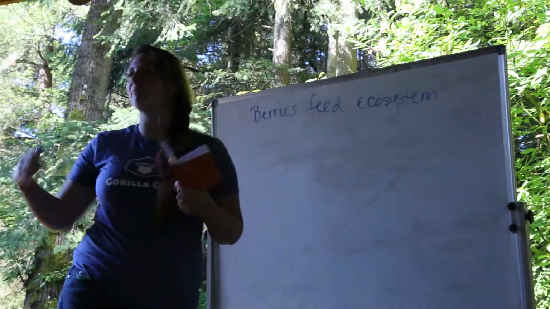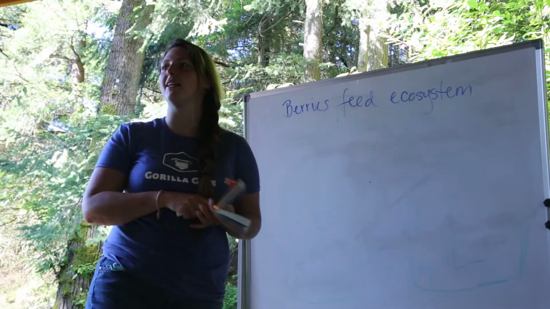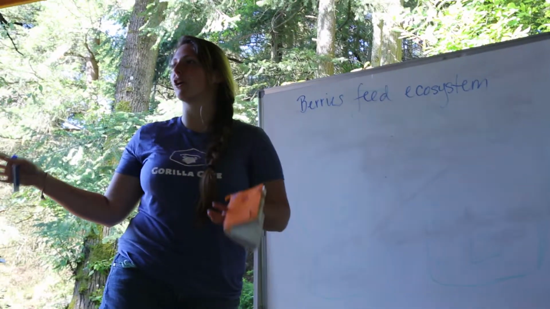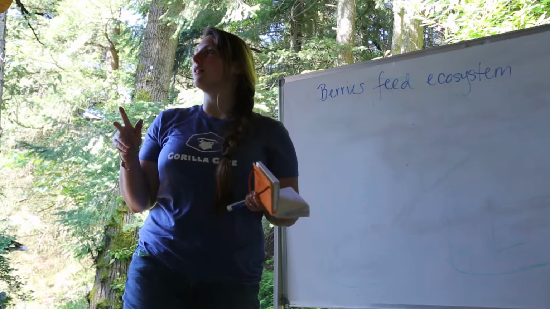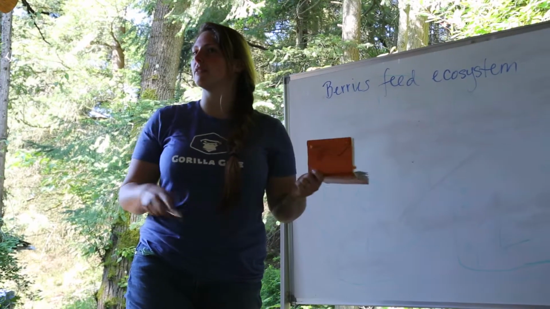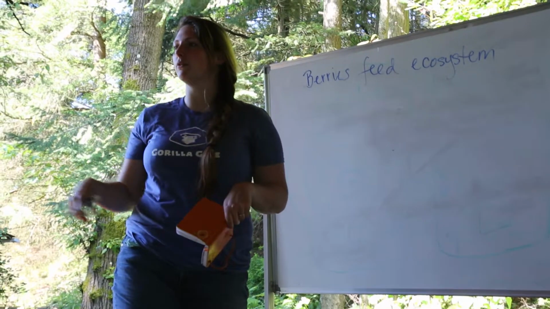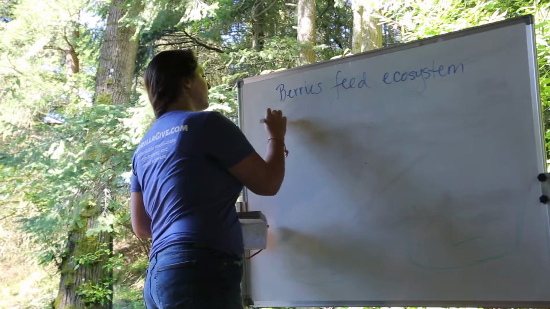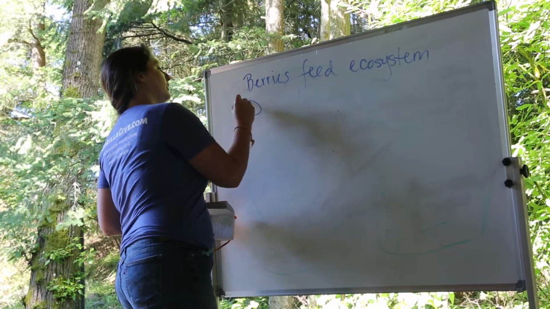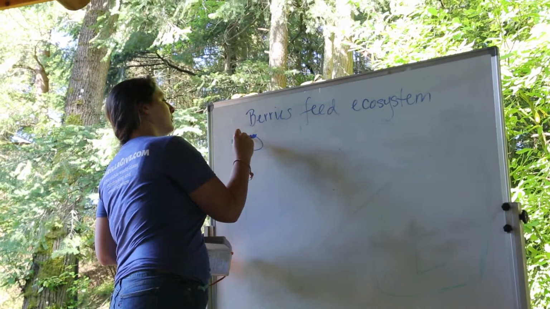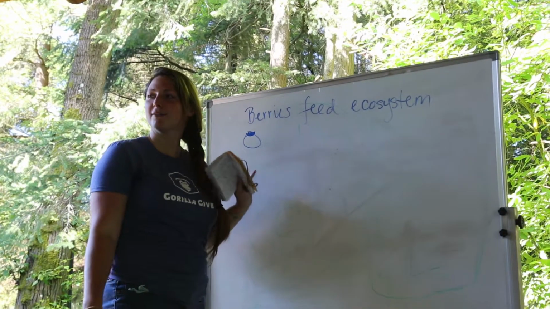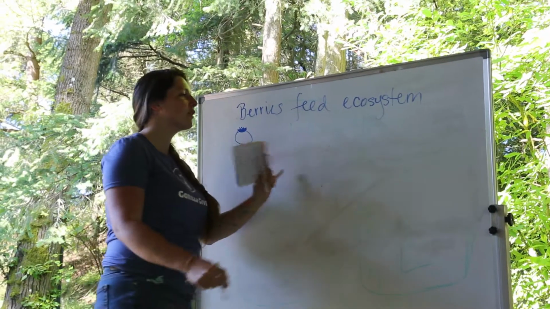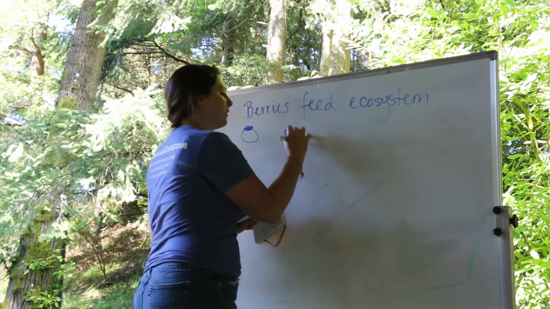So fruits in general happen because pollinators come around and pollinate the ovary of the plant, and then that grows into the fruit that we eat. There's two common types of berries. The first one is what we call a true fruit, which is like a blueberry. They are just one little berry. I love blueberries. It's one of my favorites, so I use it as an example. It's a true fruit. The other kind is what we call an aggregate.